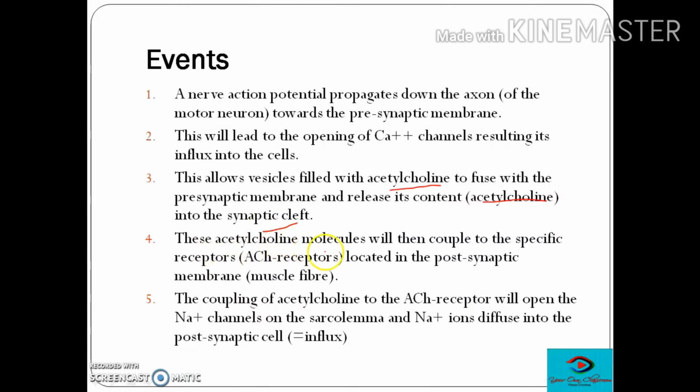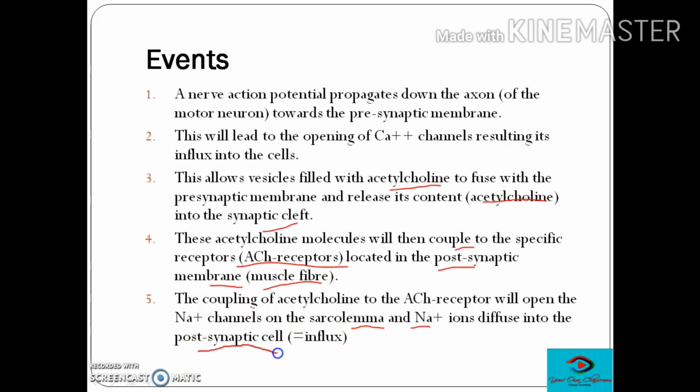And once acetylcholine molecules are in the synaptic cleft, they will couple with the specific receptors, or acetylcholine receptors, located in the postsynaptic membrane. And the postsynaptic membrane is a part of the muscle fiber that we have seen. The coupling of acetylcholine to the acetylcholine receptor will open the sodium channels on the sarcolemma, and sodium ions diffuse